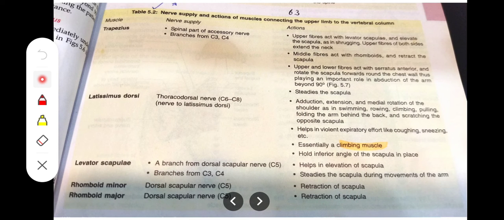So trapezius is getting its innervation from the spinal part of accessory nerve. So basically we have 12 cranial nerves, right? And the 11th cranial nerve is called the accessory nerve, right? So उसका spinal component और एक है उसका cranial component. So cranial component तो definitely brain से related है, but the spinal component will be innervating the trapezius muscle in this case. So the spinal part of accessory nerve will be innervating the trapezius muscle here,